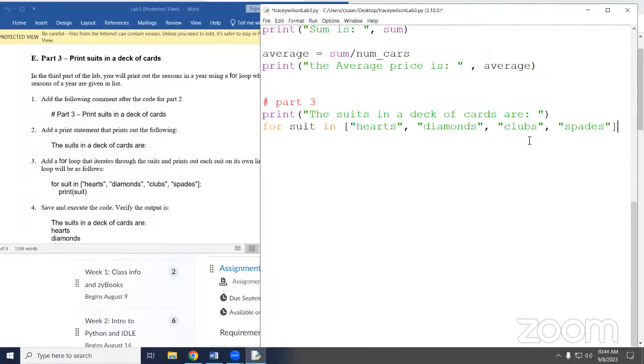I keep looking because I'm sure I misspelled something. And then I want to get each suit out one at a time. So I have a temporary variable that's going to hold the element in the list. And it's going to do them in order. This loop does every element in order. Right? So the first time through, suit's going to be hearts. The second time through, suit's going to be diamonds. The third time it runs, it's going to be clubs. The fourth time, it's going to be spades.